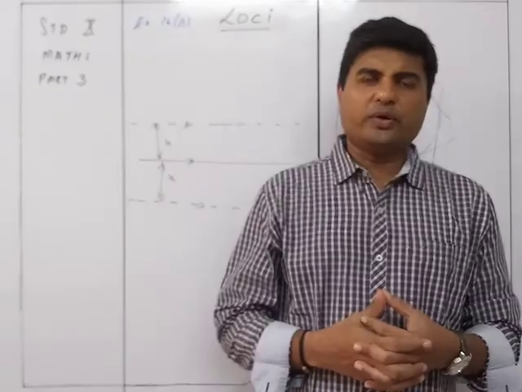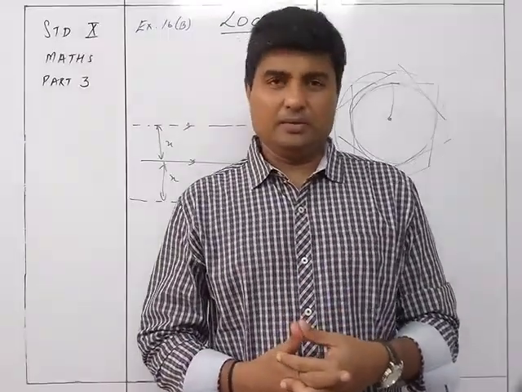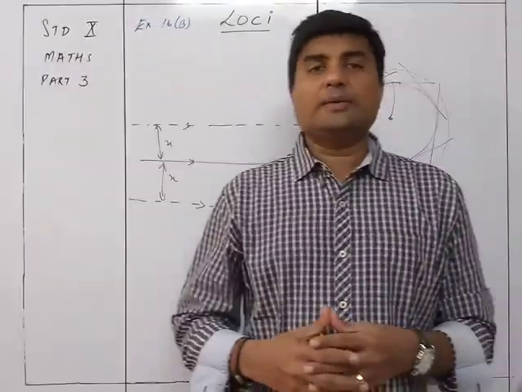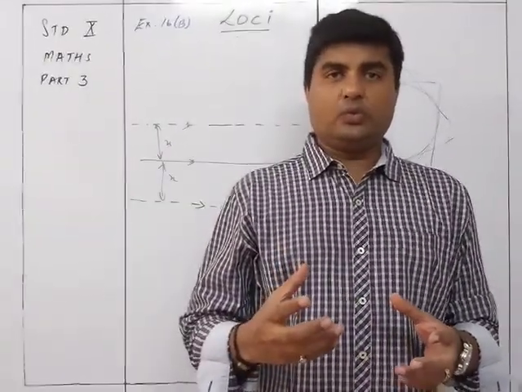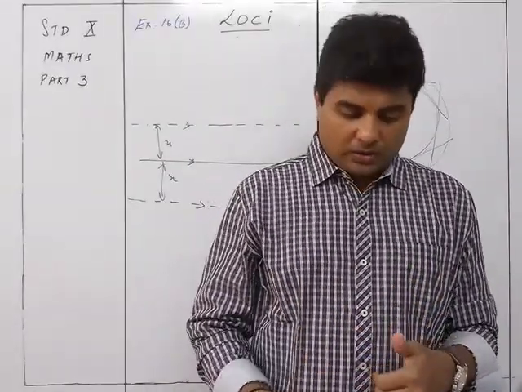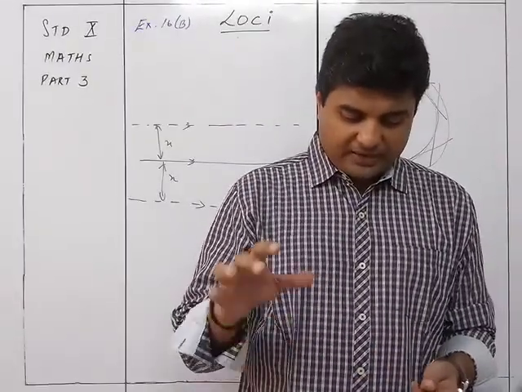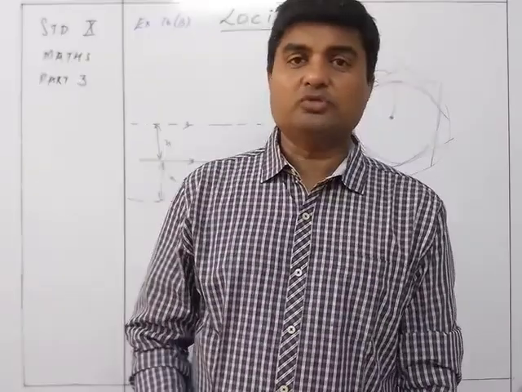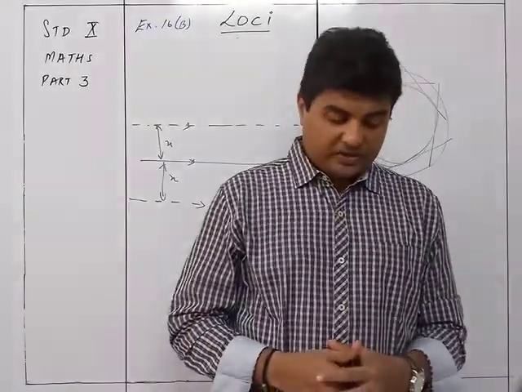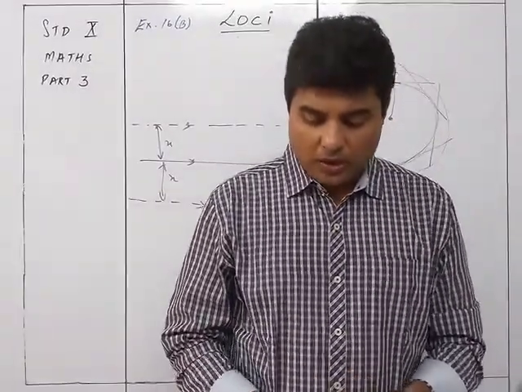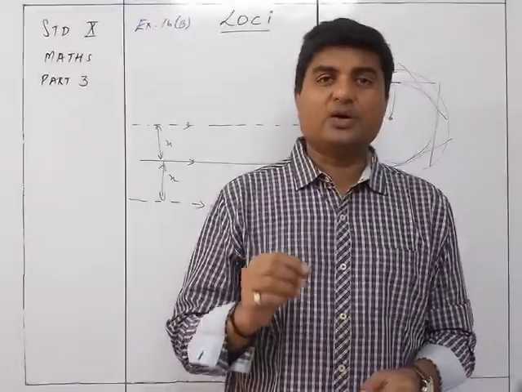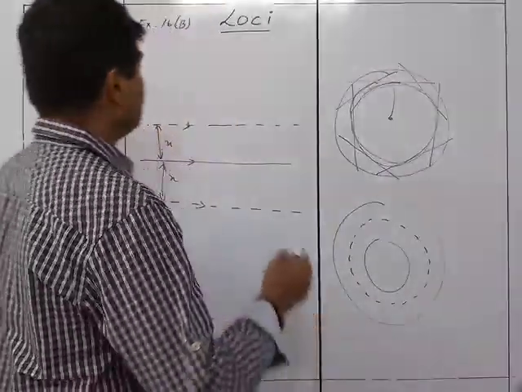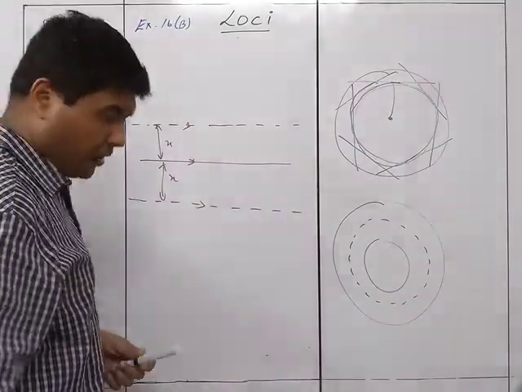We normally don't get a question like this in any examination, but to understand the concept of locus, it becomes very easy to take these points. So there are around 14 sums plus 8 in the second set, so totally 22 questions related to this. We'll go one by one with understanding of each and every question of exercise 16b.